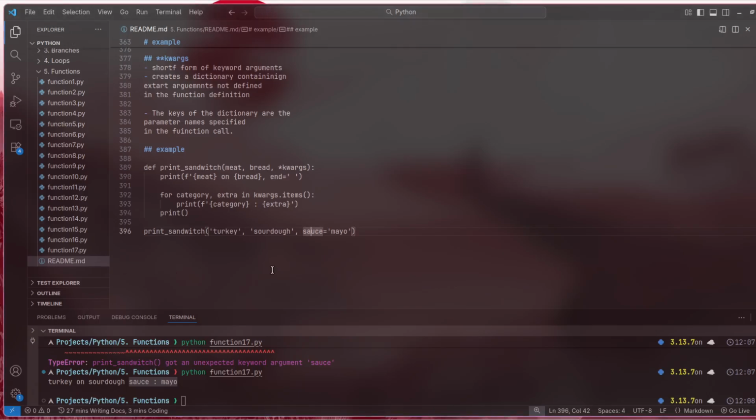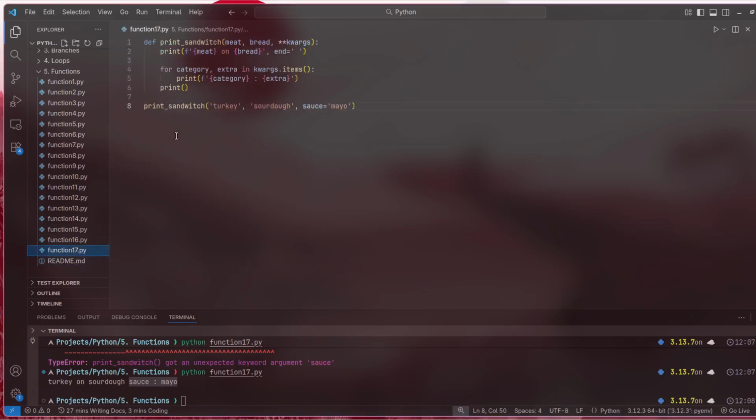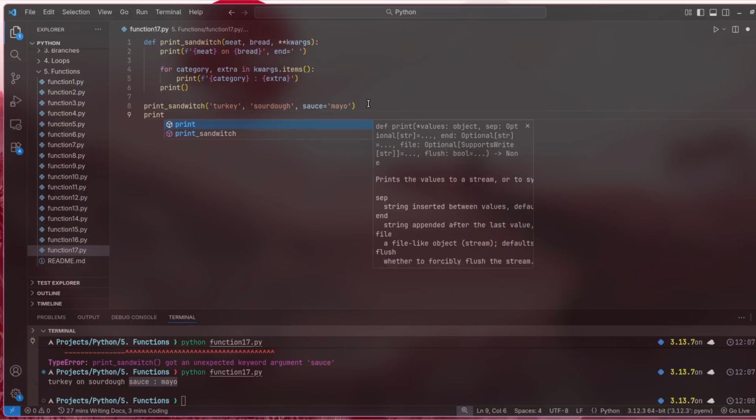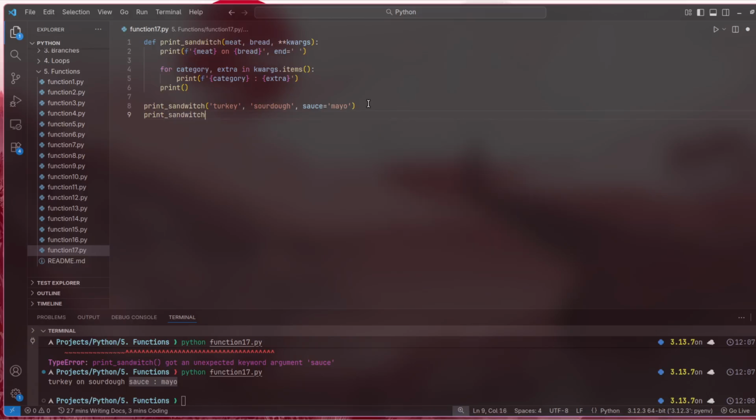And we've seen in our example. Let's do an example whereby we have more than one key. We have more than one dictionary. So here, basically, the keyword arguments would come in, and we want to pass the dictionary. So we print sandwich. Then we will pass